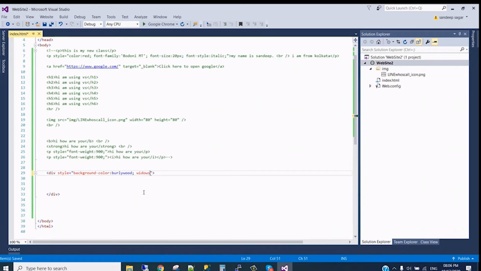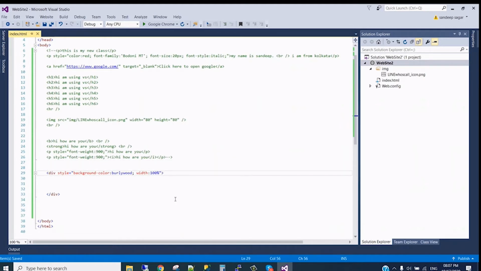For width we can give 100%. Why percent? As I told you, on a laptop it will cover your full size, and on a mobile it will be 100% of that size. But if you give pixels, it will be a problem. For a laptop you might give 1024 pixels, a normal laptop, but for mobile it will cross your mobile size. So if you give a width of 100%, it is good and it will be responsive.